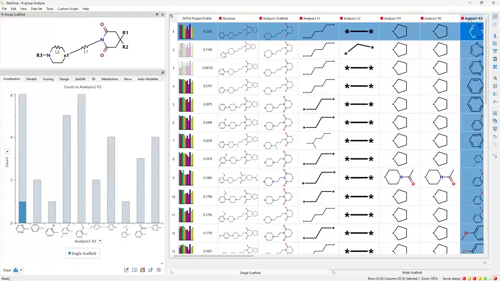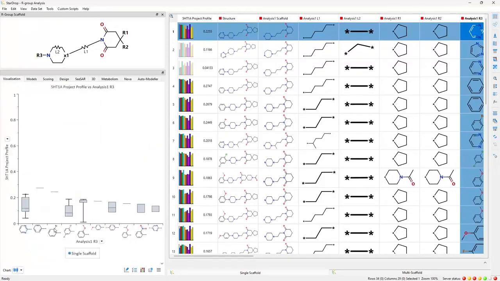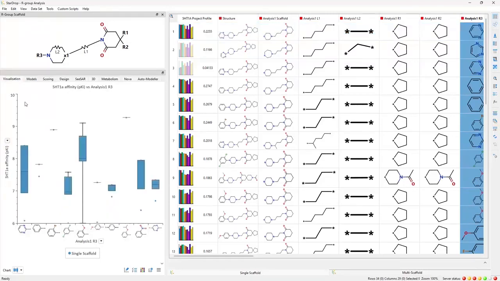Click on the header of any R group analysis column in the dataset to display a histogram showing the number of compounds with each group at that point of variation. Other data can be plotted on the y-axis, and other chart types can be used to see more detailed information. Converting the histogram to a box plot displays the distribution of potency data associated with each R group at position